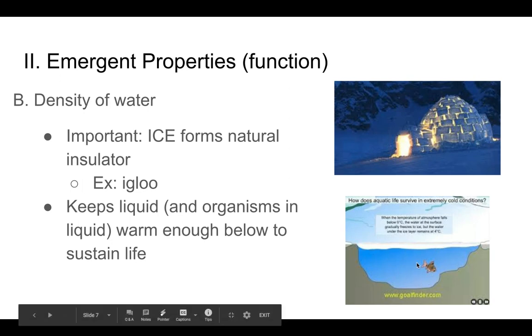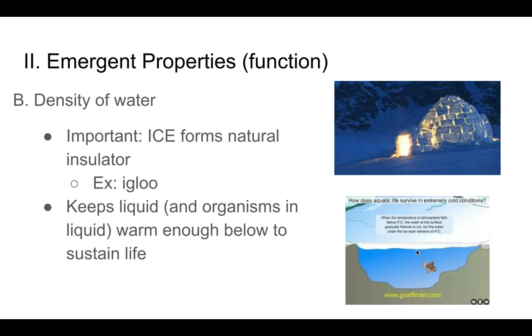And eventually, this body of water would freeze solid, and that would kill aquatic life. And so, what a great thing that ice floats, because it offers an insulating property, keeping the liquid water in these bodies of water truly liquid below